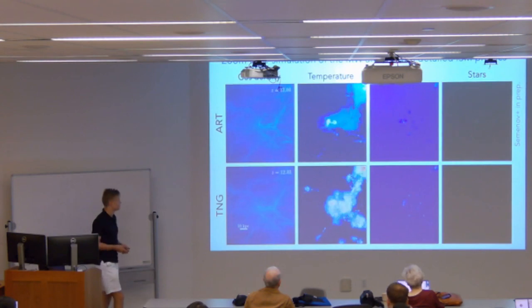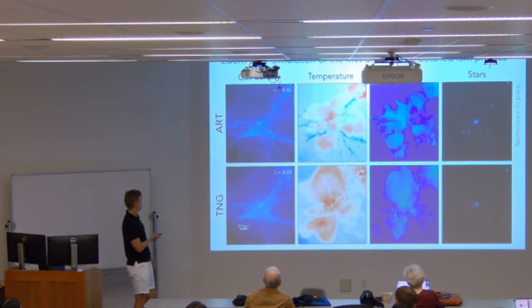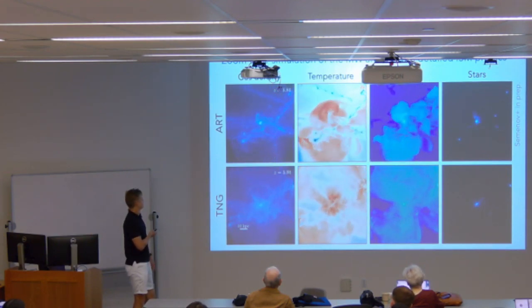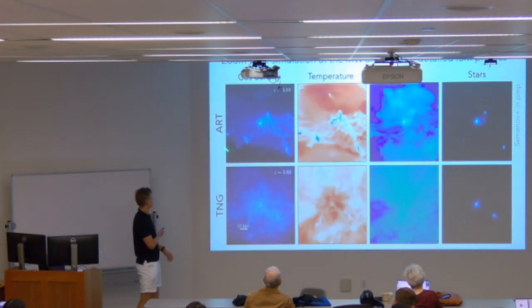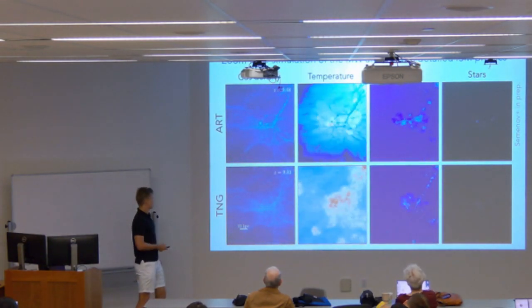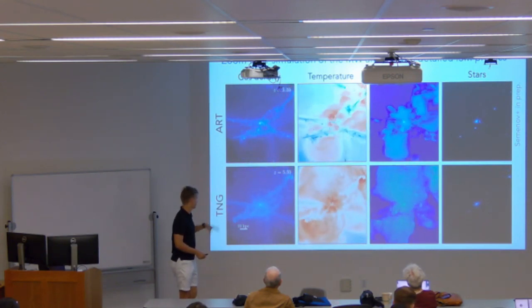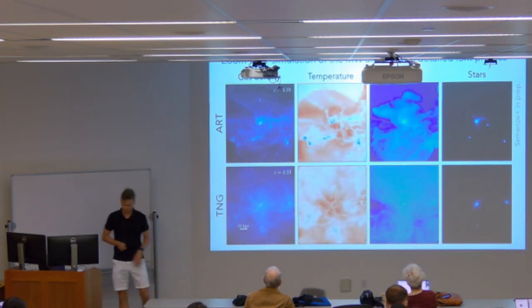So here's the comparison. This new simulation is run with the ART code, so I'll be labeling it ART. On top is this new simulation, and on the bottom, for reference, is the same initial condition, same galaxy, but in the original TNG model. So